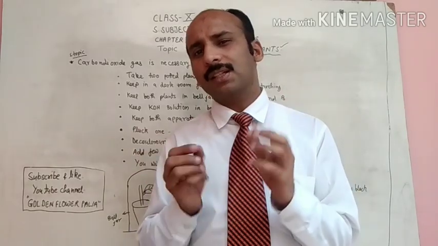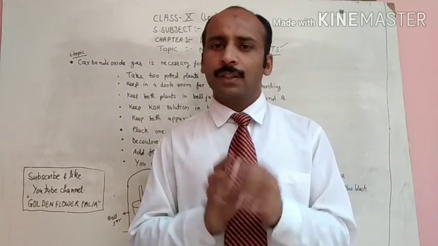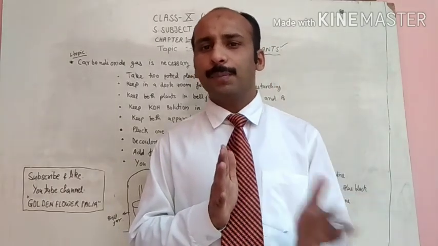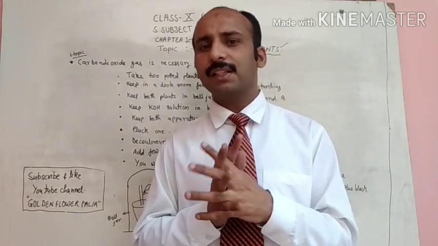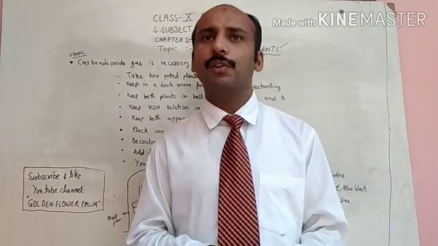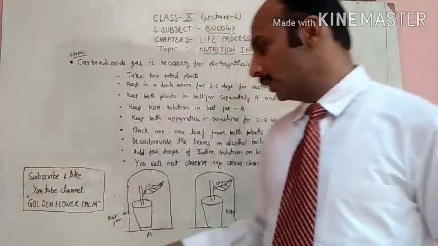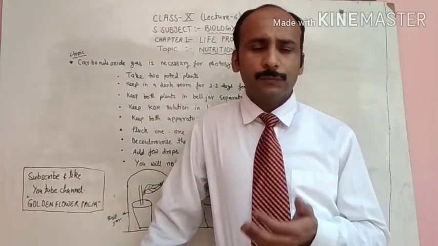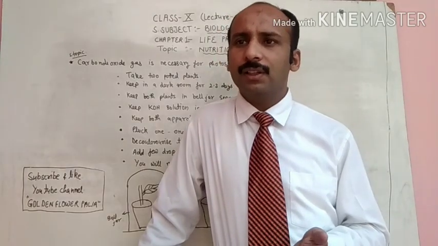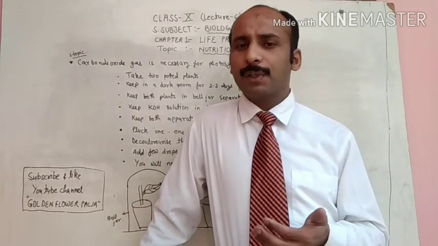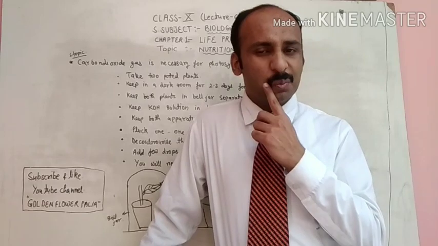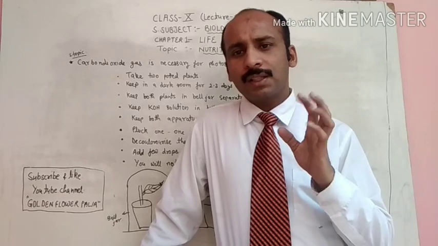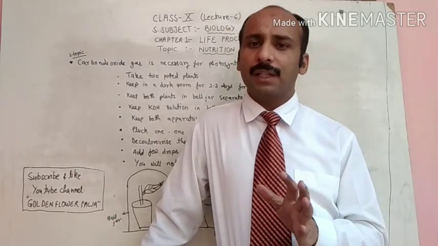The experiment is just similar, with slightly different details given here. You have to follow a few steps similar to the previous experiments, which showed that sunlight and chlorophyll are necessary for photosynthesis. Dear students, this experiment can be done in more than one form, two or three forms. We have different methods and modes to conduct this and prove that carbon dioxide gas is necessary, but ultimately the conclusion is the same for all methods.